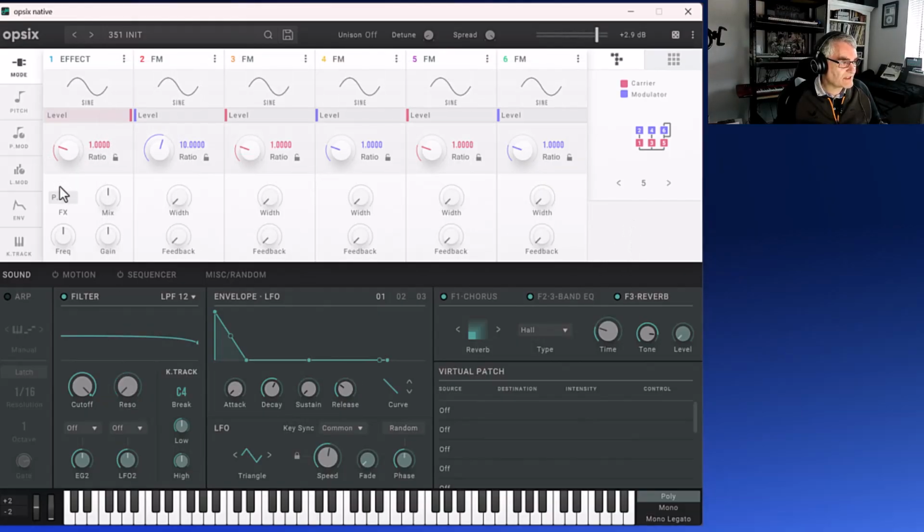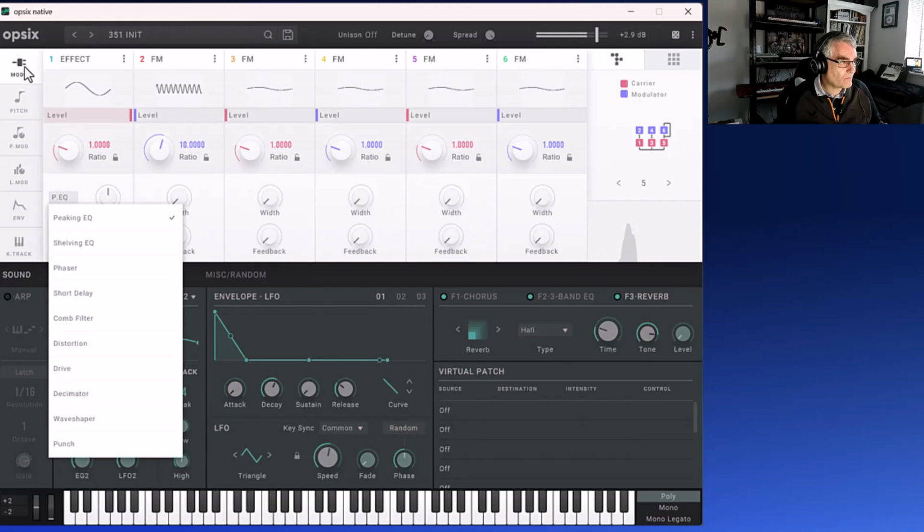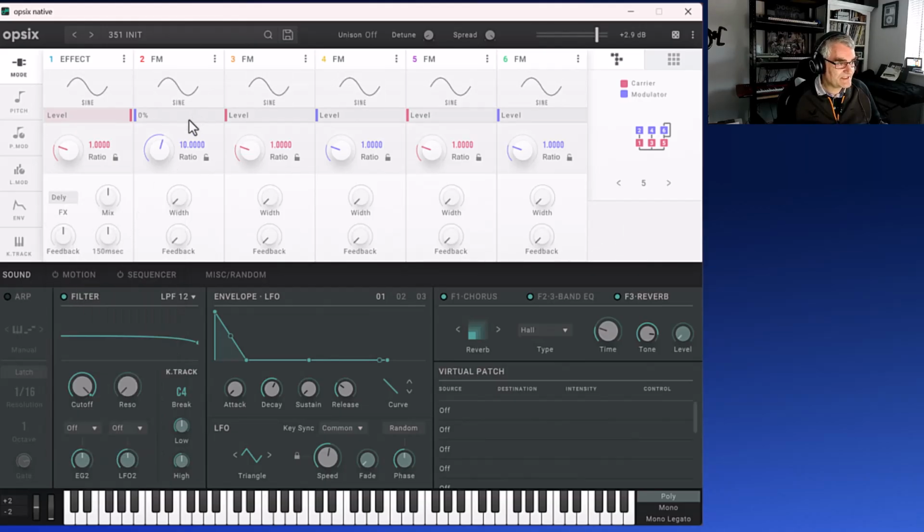So look, what effects have we got? We've got a peak EQ, we've got a phaser, even got a short delay. Listen to this. Can you hear that slight delay? But that's not using